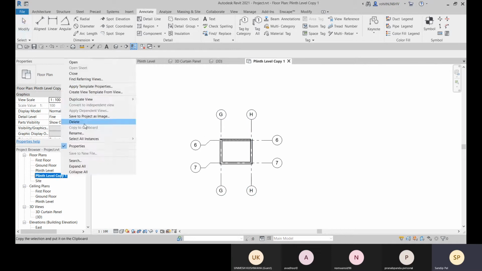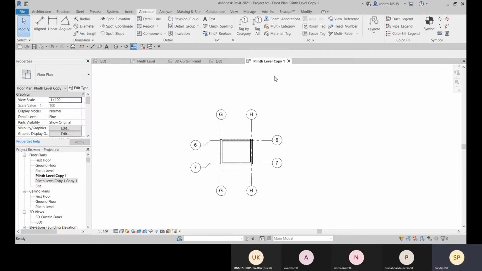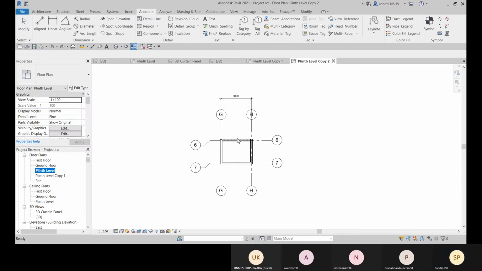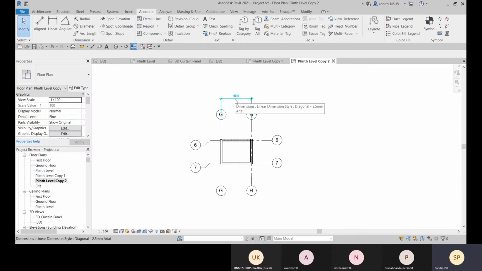But if I go for duplicate with detailing, I will duplicate this one, duplicate with detailing, and now within this I got this annotation object, the detailing object, that annotation element, right?